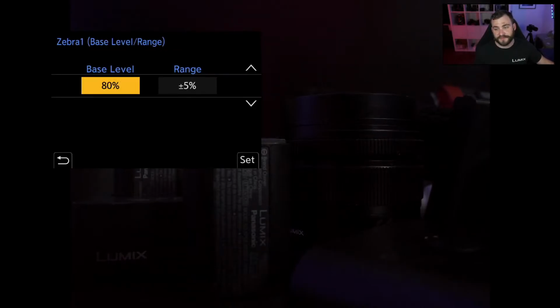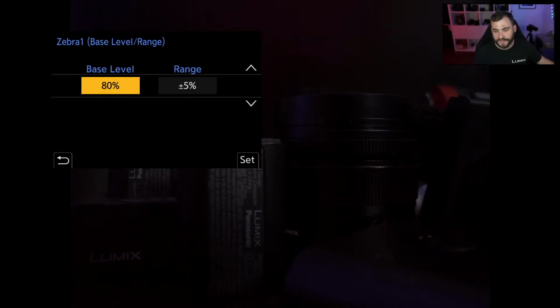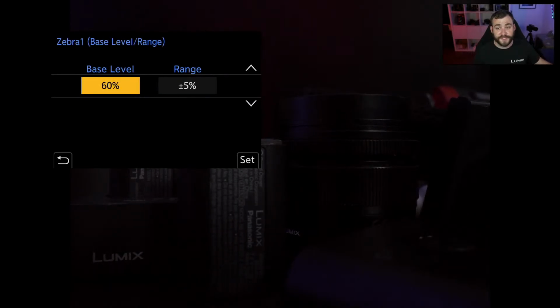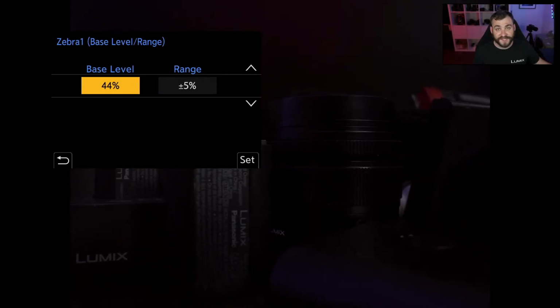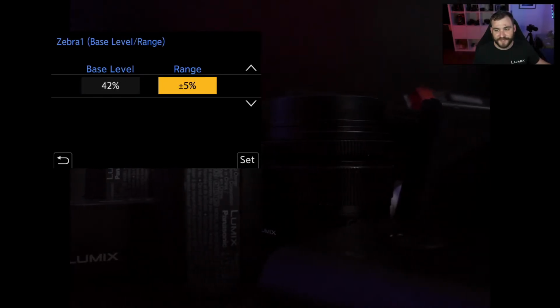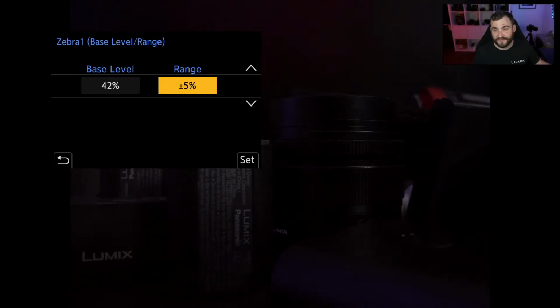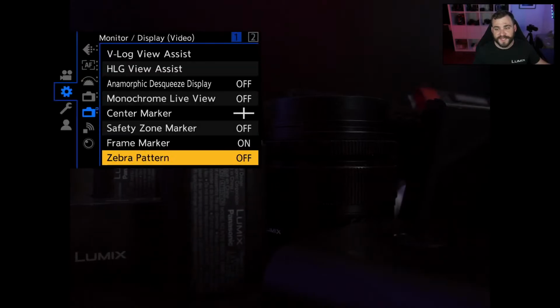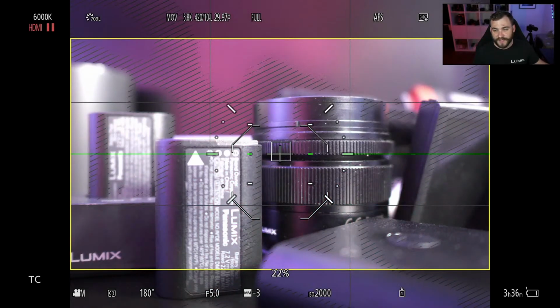Or I can set a base range and say, let's go base range. And then let's change this to, say, 42, which would be, if you're metering for skin tones or mid-gray, 42. And then I only want to have, say, a latitude of 5% for that. So now what this means is when I come in here and I set my zebra patterns to, say, 01,